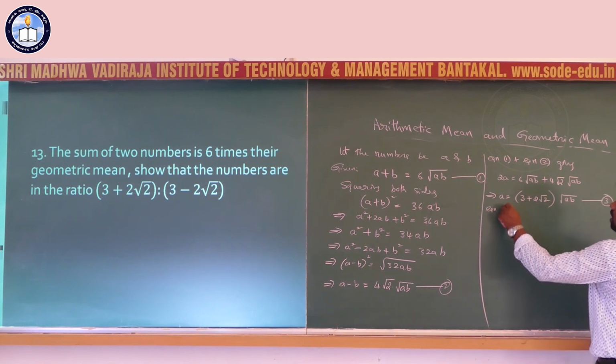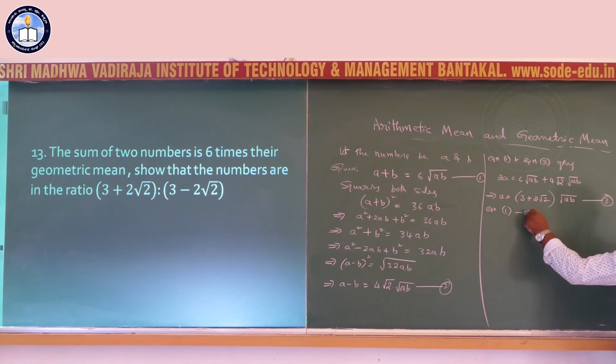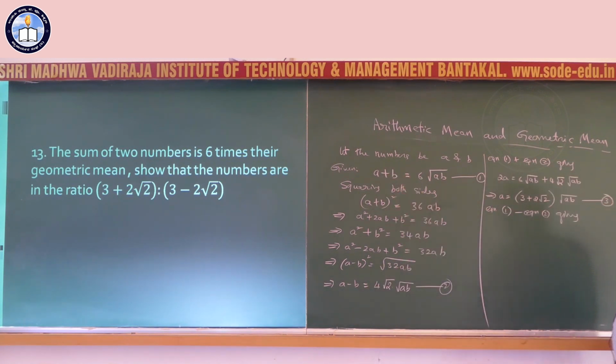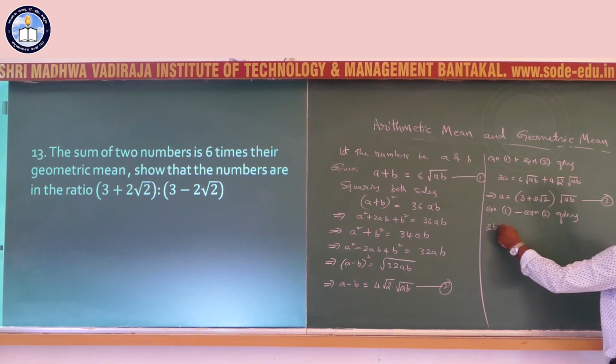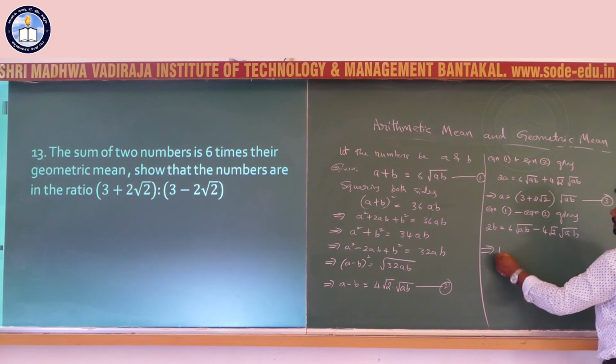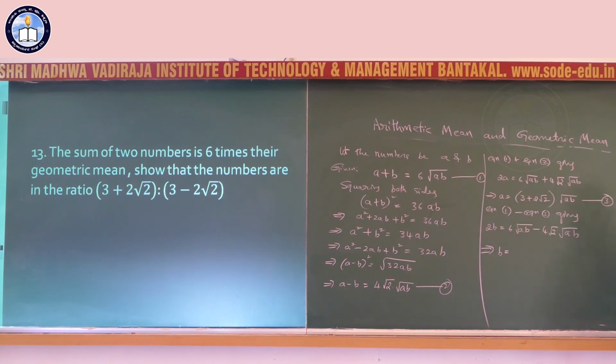Equation 1 minus equation 2 gives, here A and A cancel, B minus into minus plus B, 2B equal to 6 times root AB minus 4 root 2 into square root of AB. It implies B equal to, I divide throughout by 2, 3 minus 2 root 2 into square root of AB. Therefore,